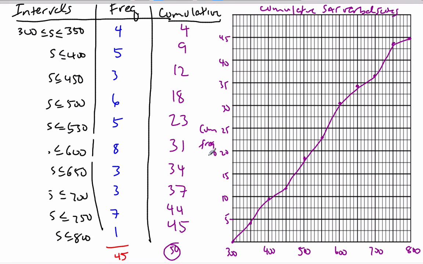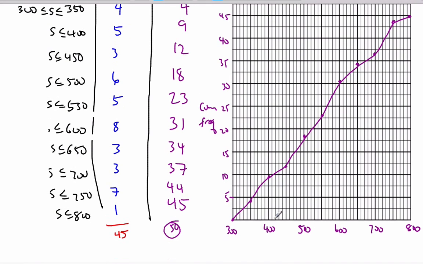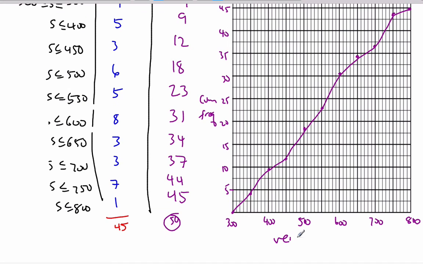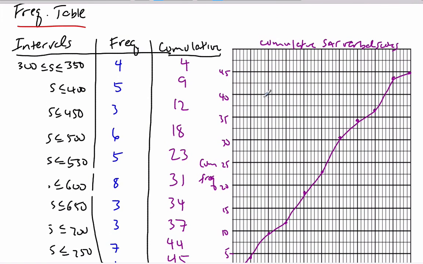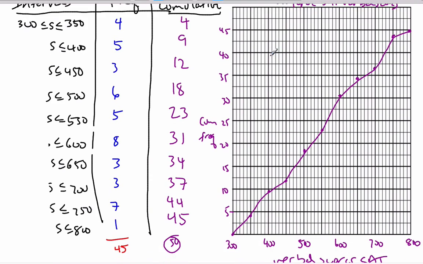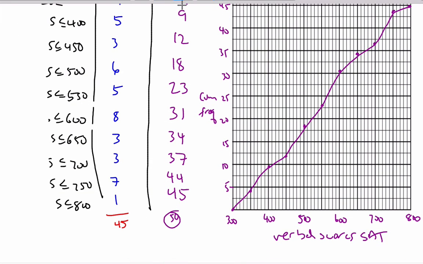We have cumulative frequency here, and on the bottom axis, the same as before, it's going to be verbal scores for the SAT. And this is a frequency table, this is a cumulative frequency graph. And if I look now, if I come across and go, oh,